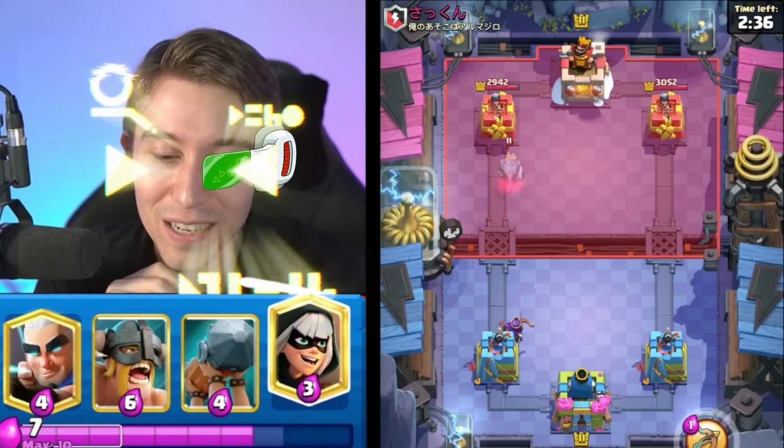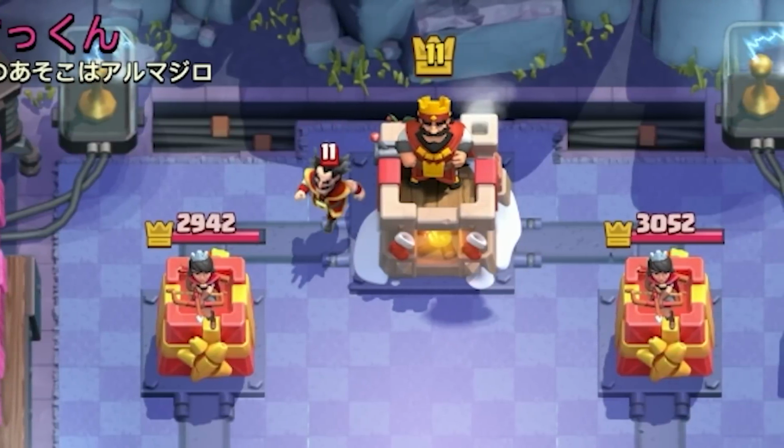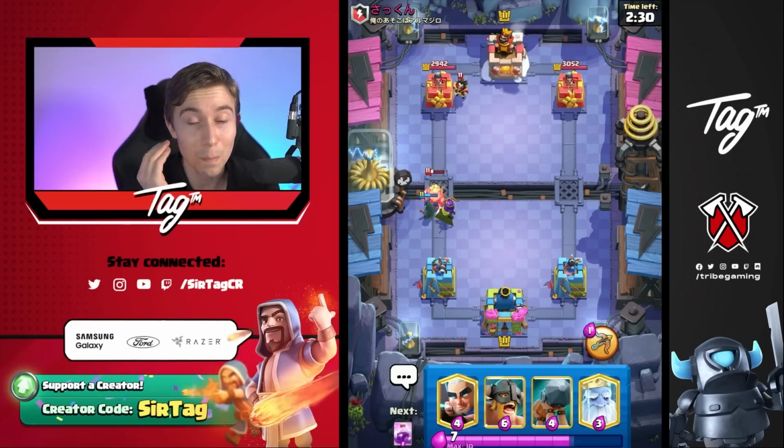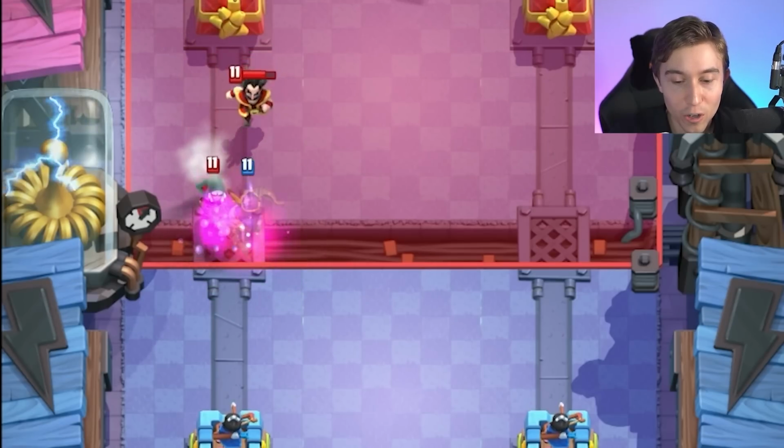Probably going to be playing against a P.E.K.K.A deck, if I had to guess, whenever we see someone go for a Royal Ghost a little bit later, especially if he's going to have Electro Wizard in the same deck. So Electro Wizard is the best answer in his entire deck to my Battle Ram. So if I can win the battle at the river right now with my Archer Queen and melt his...